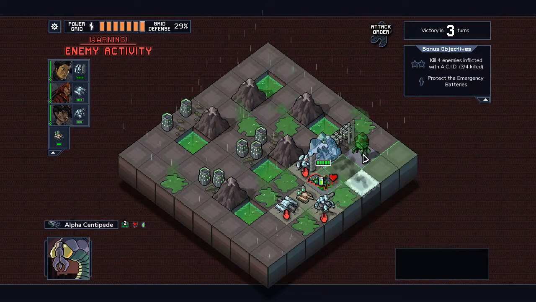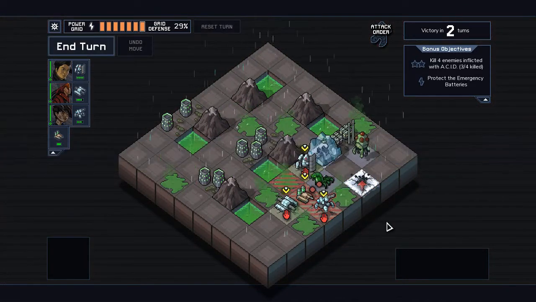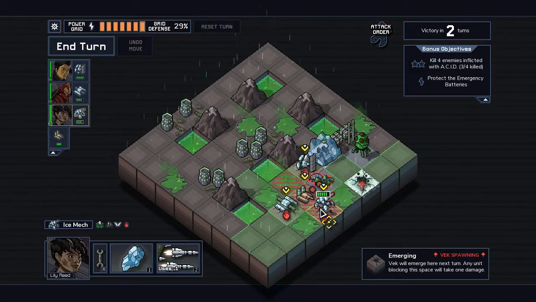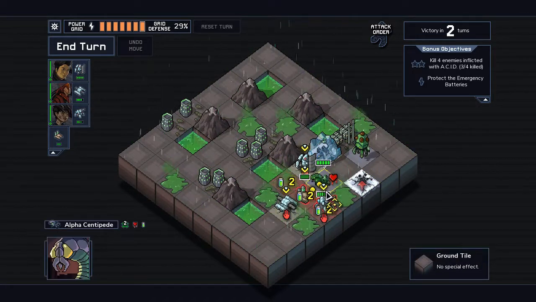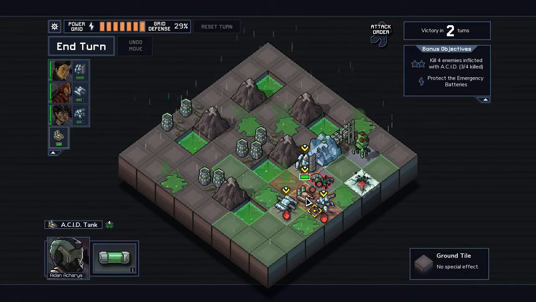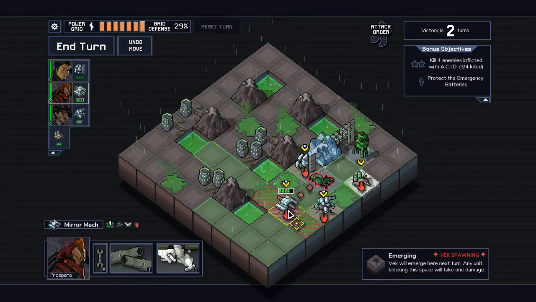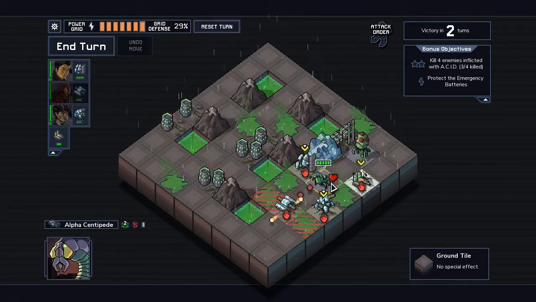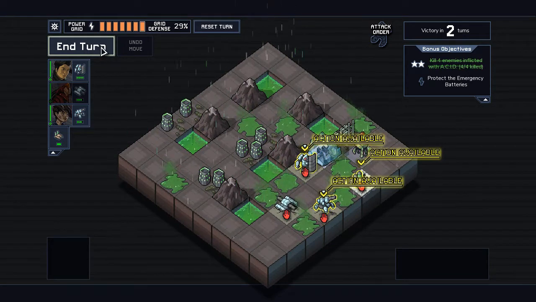Oh hey, the Scion for absolutely no reason acidified itself. And so did this guy. Nice. Okay. Alright, well, do I need to think that much about this? Probably not. I'm going to sacrifice the tank to block a spawn. Let's go ahead and fire and kill that thing. And I'm actually not even going to kill this Scion. There's no point. I'm just going to block...